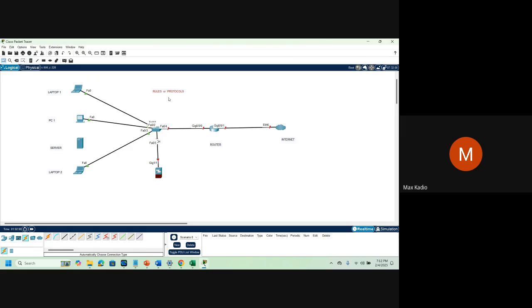If there are no rules, anyone will do whatever he wants to do. The same thing like on the road. If people don't go to a driving school, anyone will drive the way they want. So we need an order, we need some rules or protocols. How are we going to communicate?